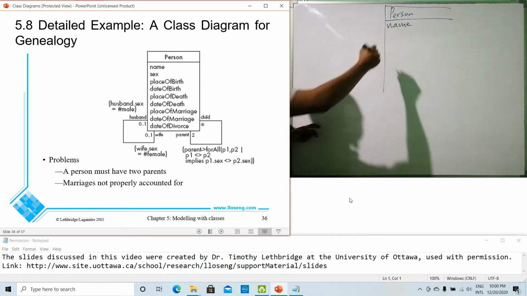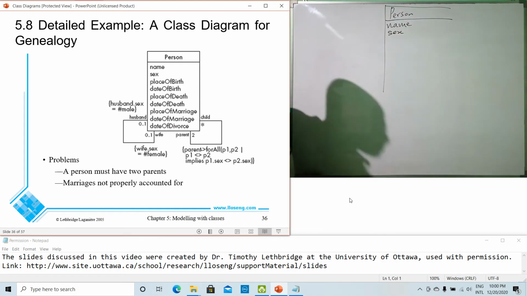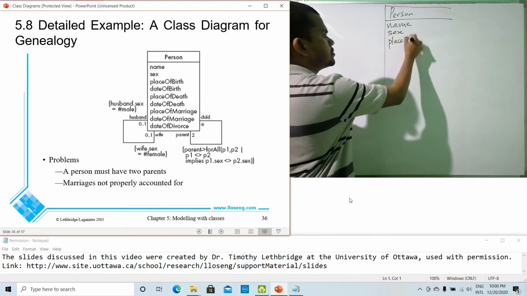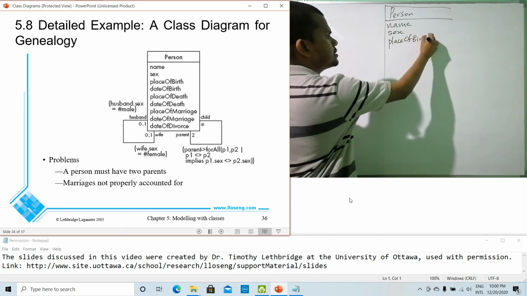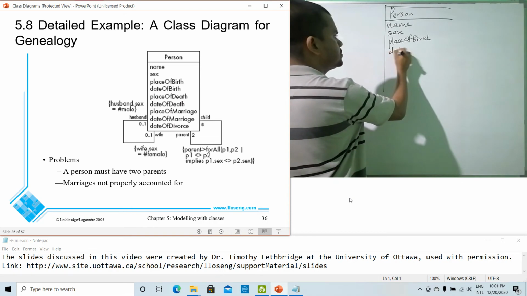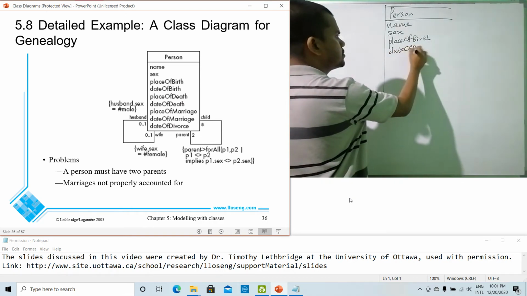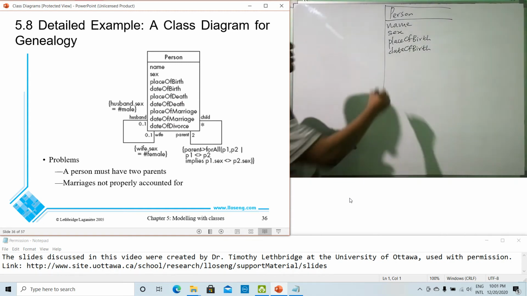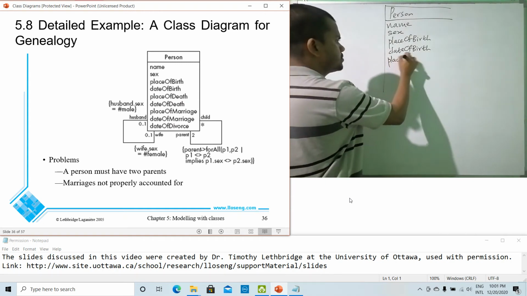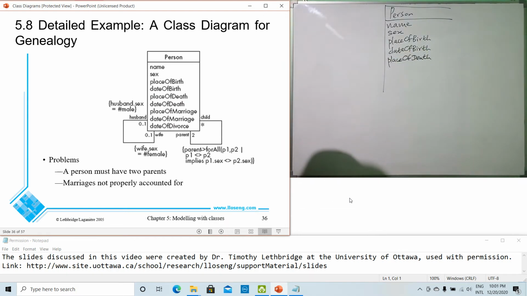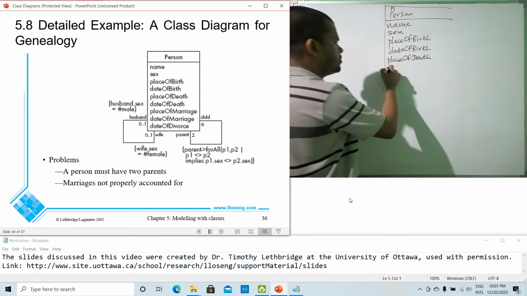Then sex is an attribute, place of birth, that is an attribute, date of birth, that is also an attribute, place of death, date of death,